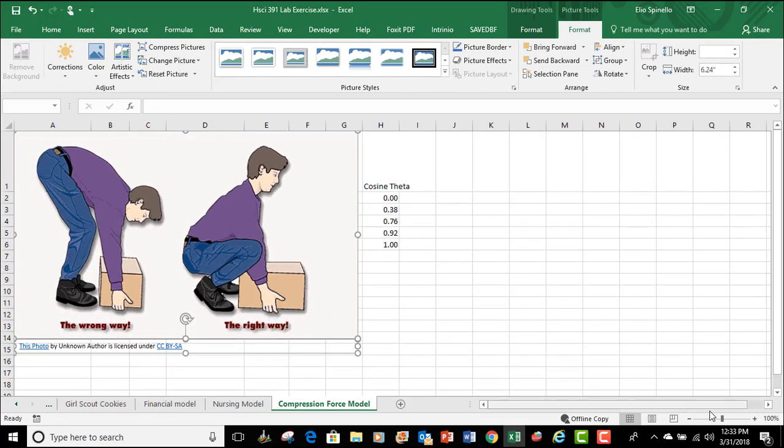I'm going to zoom out of my spreadsheet, and I can do that using my little zoom tool here. Now notice this thing is way too big because it's completely obscuring the entire model. So I'll need to resize this to make it usable. Now this is a really important concept here. When resizing an image, notice you'll see that there are these little circles all the way around it, surrounding the entire perimeter of the image. And these are all places where we can click on the image and then we can